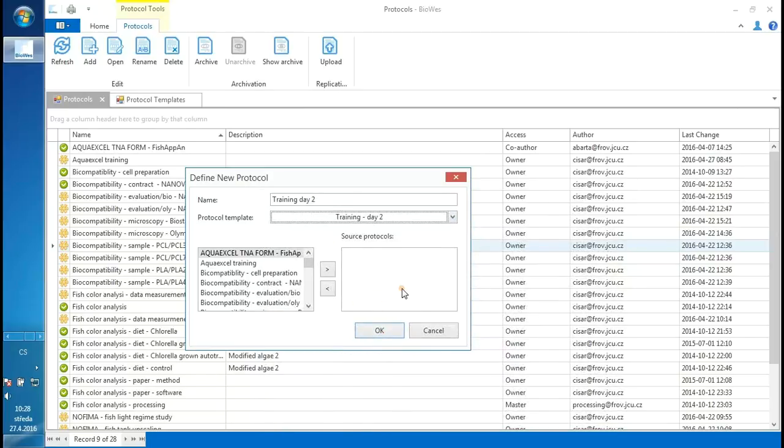Last time I didn't explain what this table means. This table serves for the connection of the protocols. So here on the left side, I have the list of all my existing protocols, and if I would like to connect my protocol that I'm actually creating with some existing protocol, I just simply select the protocol in the list and move it to my list of the source protocols. So it means that right now, the protocol I'm going to create will be linked to this Aquaexcel training protocol. So once I click on OK,